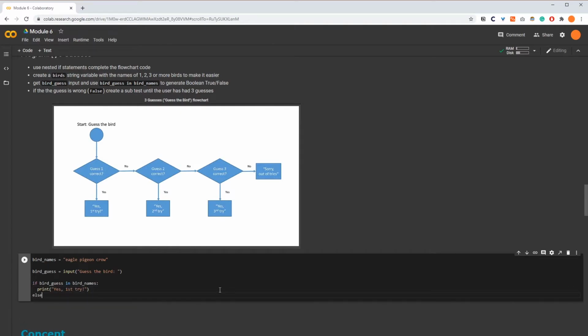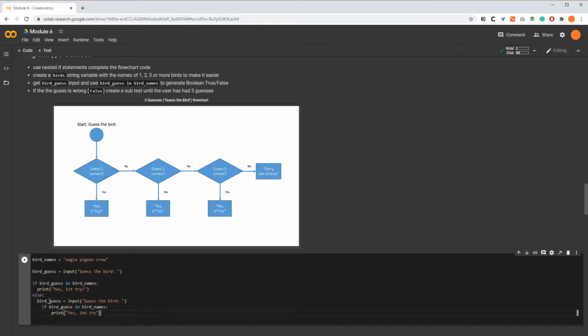Now, if they did not get it, which is going to be else, we're going to try it again for the second try. So again, we're going to take a very similar approach. We're going to ask the user for the input like that right here, guess the bird, and then we're going to do a very similar checking method. However, if they do get it correct, we're going to say second try because it's their second try. Now again, similar to the first one, we need an else here to catch